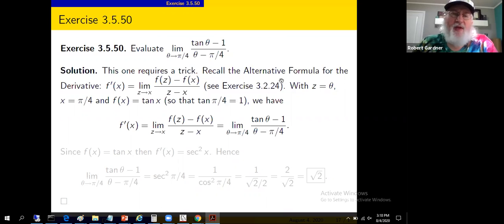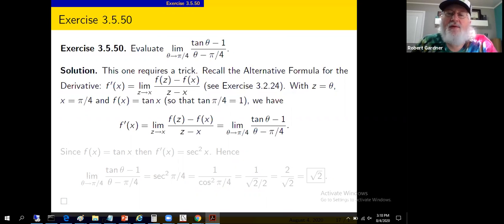Recall the alternative definition for derivative. f prime of x is the limit as z approaches x of f of z minus f of x over z minus x. It was in exercise 3.2.24. We referred to it a handful of times. Well, if you'll set z equal to theta and x equal to pi over 4 and use the function tangent x,